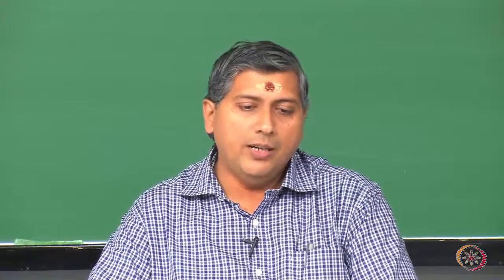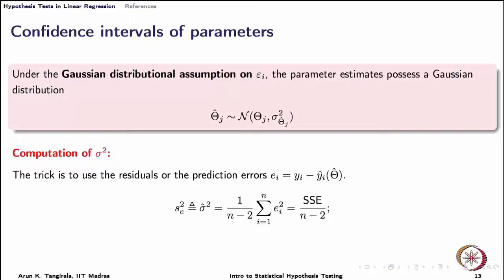So, with the expressions for the variance of theta hat, in fact sigma square epsilon that we discussed just now, and the distributional properties, we are now ready to march ahead to write the confidence intervals for parameters. But there is a small thing to note with respect to the sampling distribution of theta hat. When the variance is known, then theta hat follows a Gaussian distribution. But we know from the one sample t test for mean that when the variance is unknown and for small sample size, theta I hat would then follow a t distribution.